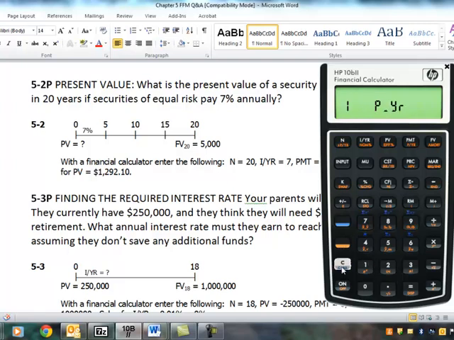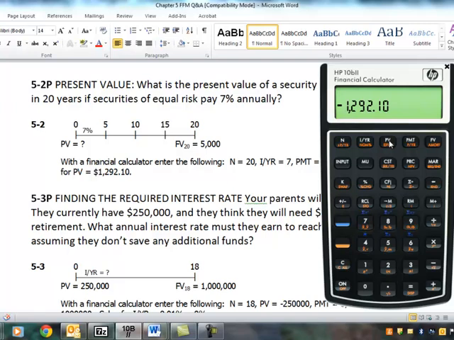First, hit Shift, Clear All, and hold it to be sure that 1 payment per year is present in the calculation. It's 20 N. 20 is the number of years. Our interest rate is 7%. There's no payment to be made during the 20-year period at all. 0 payment. We're expecting it to grow to $5,000 in the future. And if we hit present value, our answer is